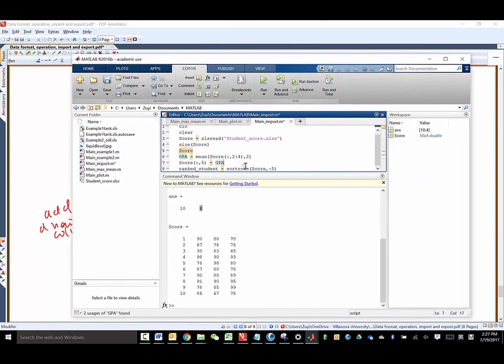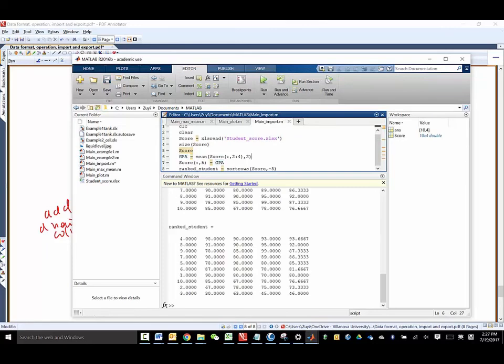so we typically use sort rows because we want to keep each row no change, right? Each row represents 1 student, right? We don't want to change the information of each student. Okay, now save it, Ctrl S, and then you run it. So you can see,